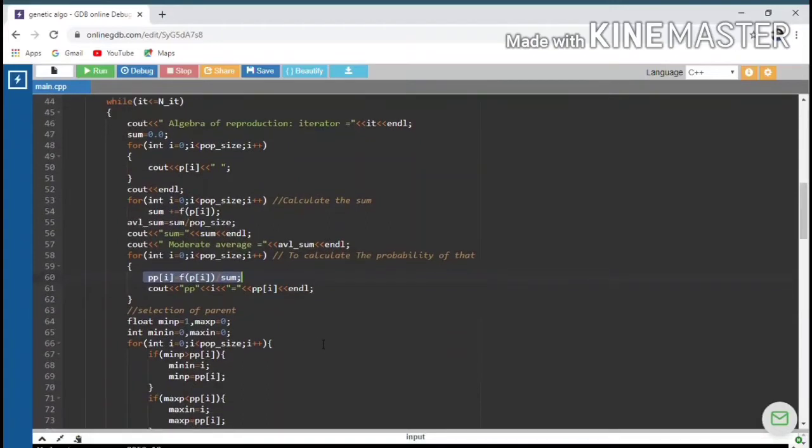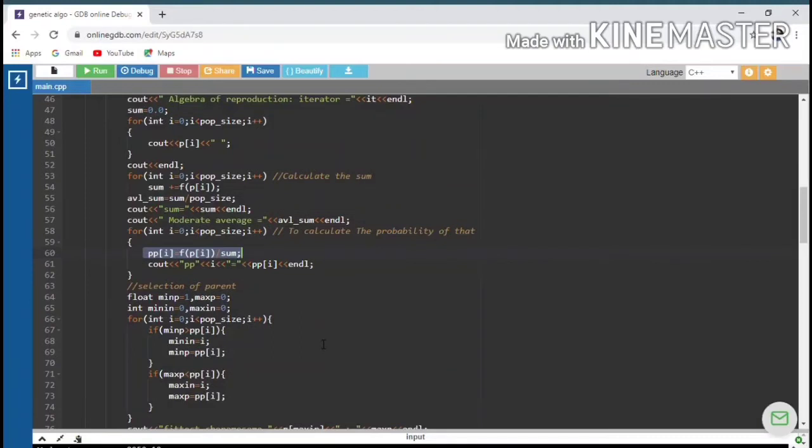After generating probability, we have to find the fittest among them, so we have to find the chromosome which has maximum probability.